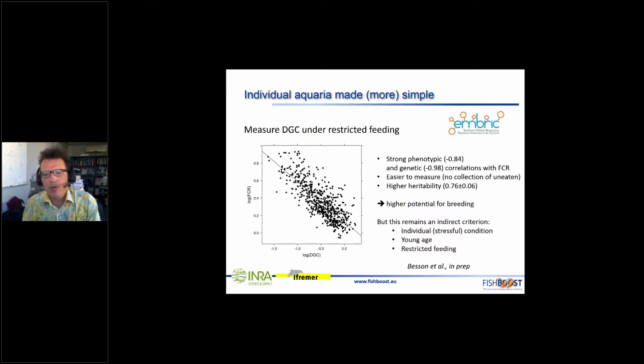If you measure growth rate under restricted feeding, you can see on this graph that it's strongly negatively correlated with FCR. So the phenotypic correlation is minus 0.84, and the genetic correlation is very close to -1. So this means that if you measure this, it's much easier because you don't need to collect the uneaten feed. You just need to measure how the fish grow. And the heritability is even higher. In this situation, the heritability is